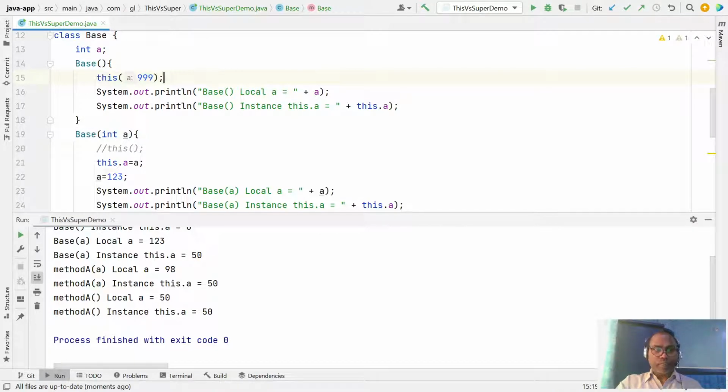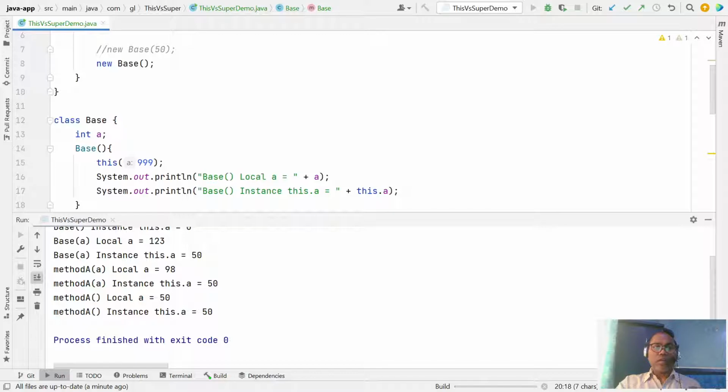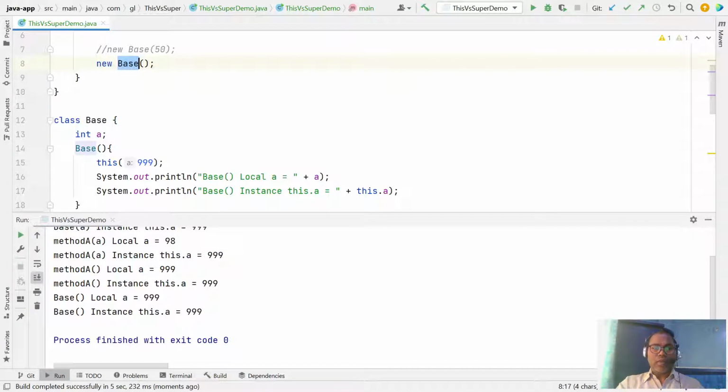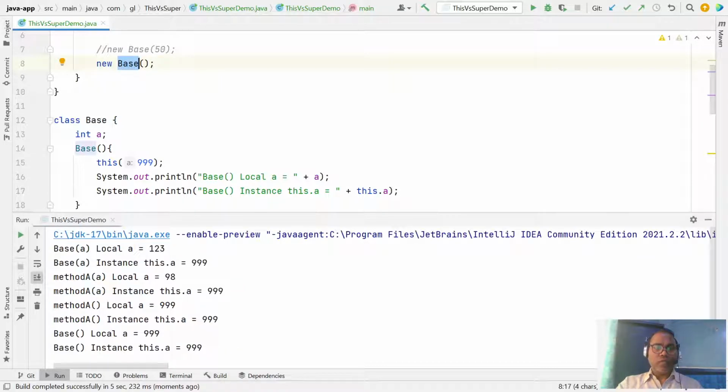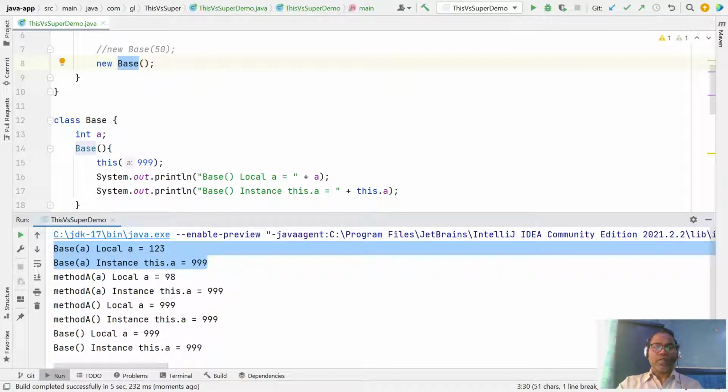So from the default constructor you are invoking your argumented constructor. If you run here, you are not providing any default value for your instance variable, but you can invoke your argumented constructor.